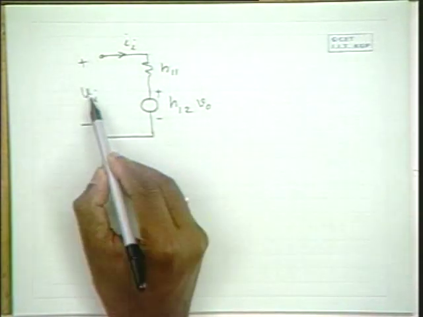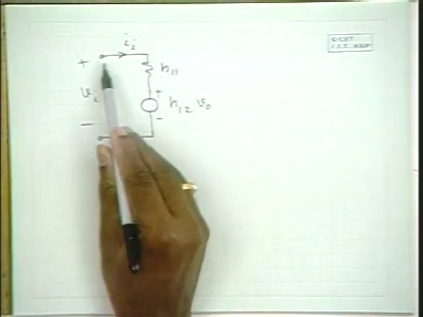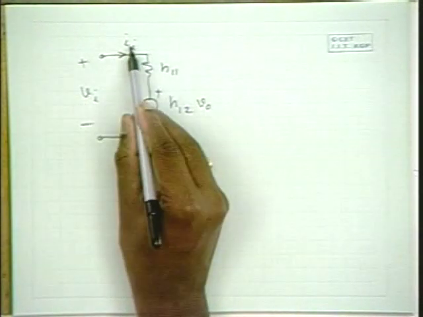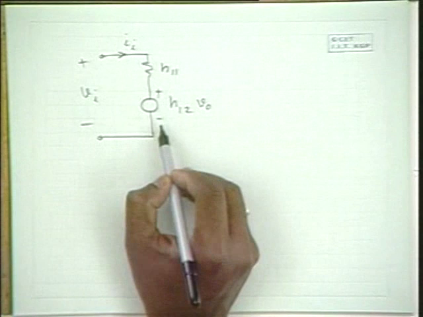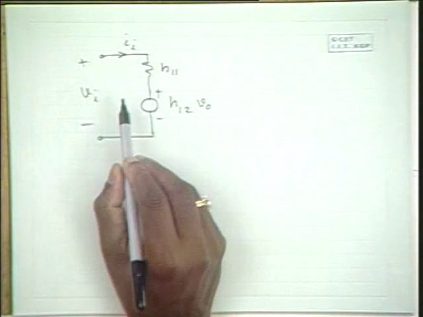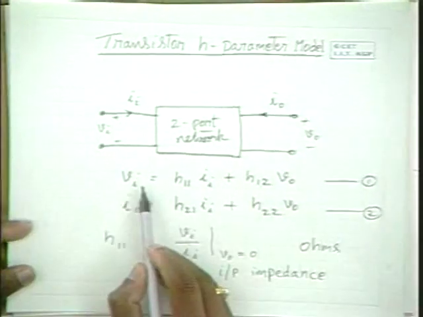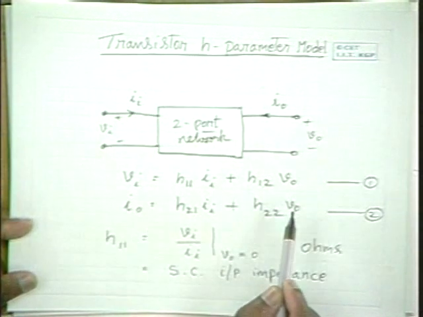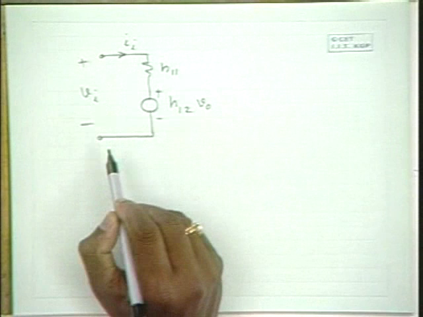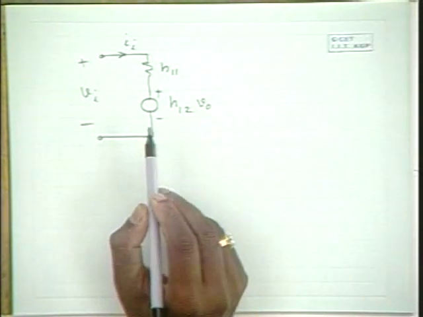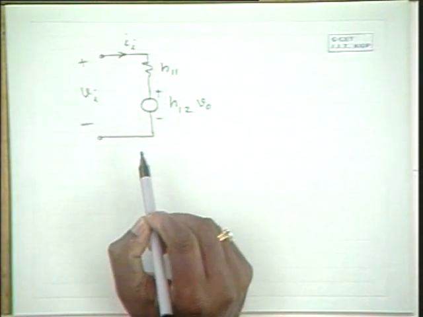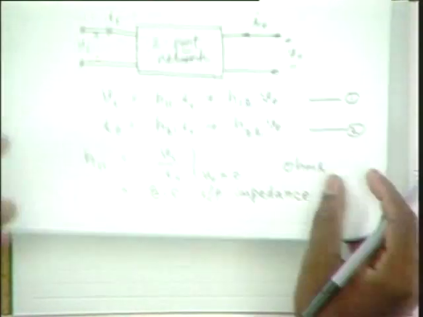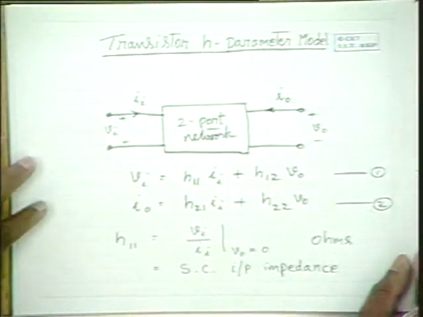Now please note that in this circuit, Vi is equal to I1 into h11 plus h12 V0, and that satisfies this equation. Hence, this is the circuit equivalent for equation 1. And please note that it has a voltage source, an output voltage dependent voltage source. Similarly,